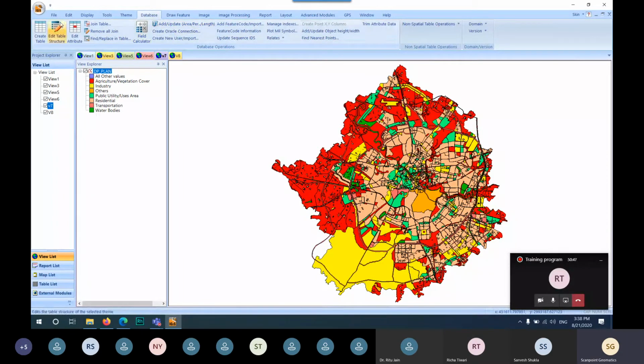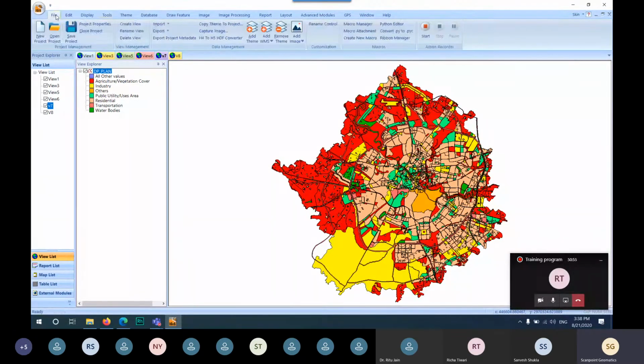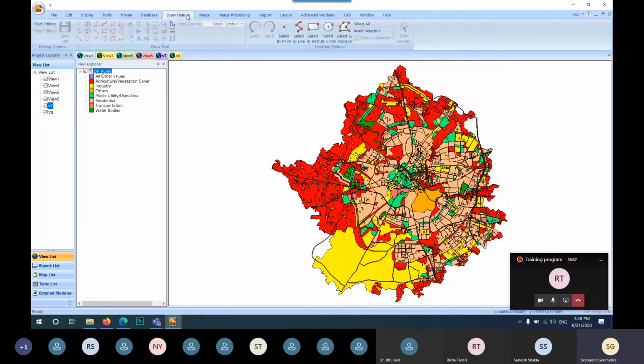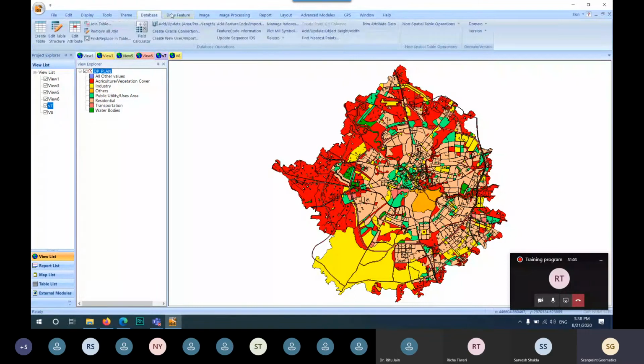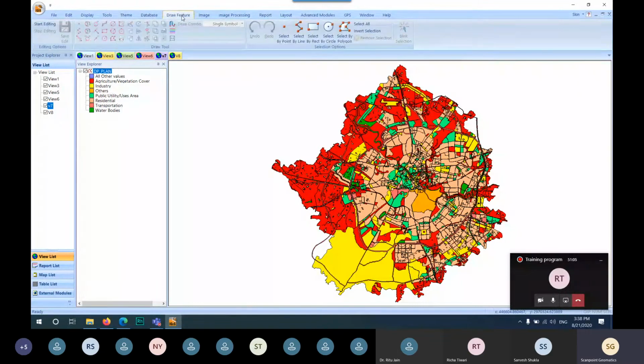So this is all about the vector based analysis, meaning theme based analysis over IGIS, from the field module to the draw feature module, like field, edit, display, tool, theme, database, and draw feature. These all modules are useful in theme based operations or vector based operations.